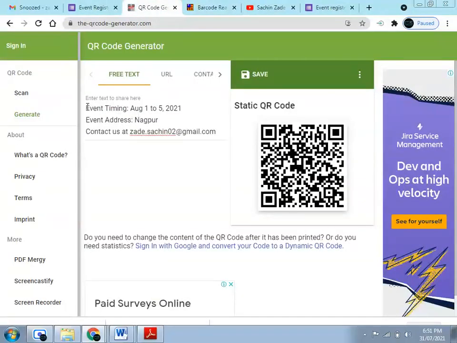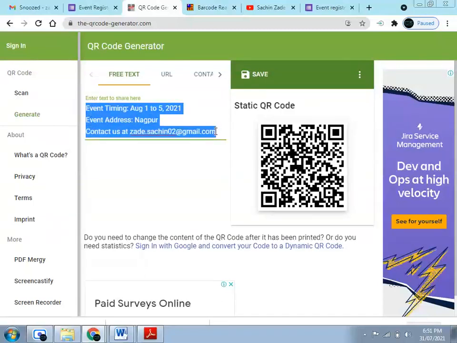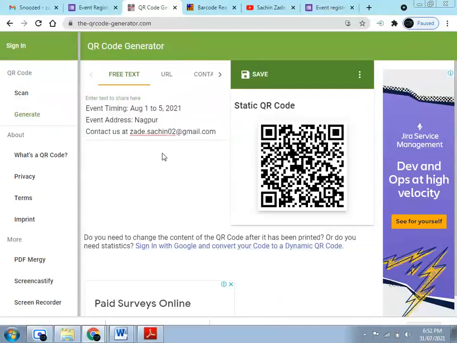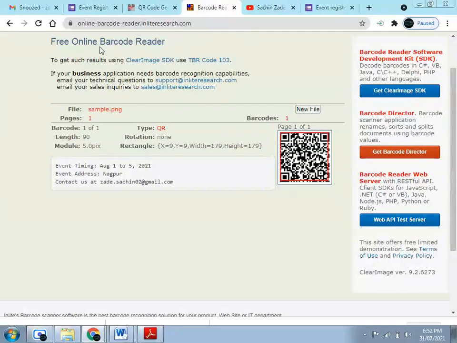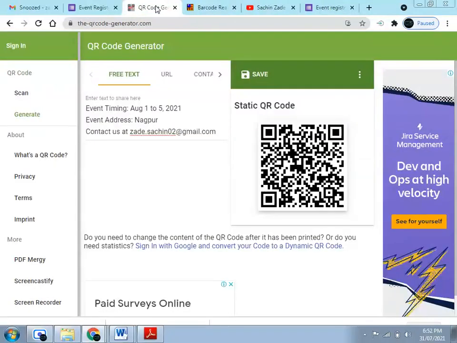What we put there, we put as text, and that is obtained with the free text option, which means that we can put a 10-page material here, and we can give just the barcode to the user, who can scan it and read it. So this is the simplest method for hiding information. No one else can see it; only those who have this particular code can read or easily retrieve the information. This is so simple. It can be created with the help of the QR code generator, and the information can be retrieved with the help of the online barcode reader or QR code reader.